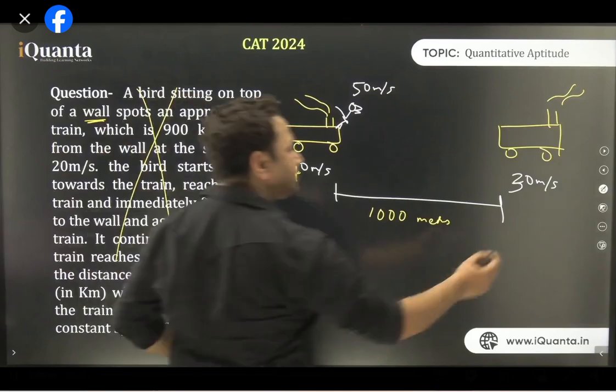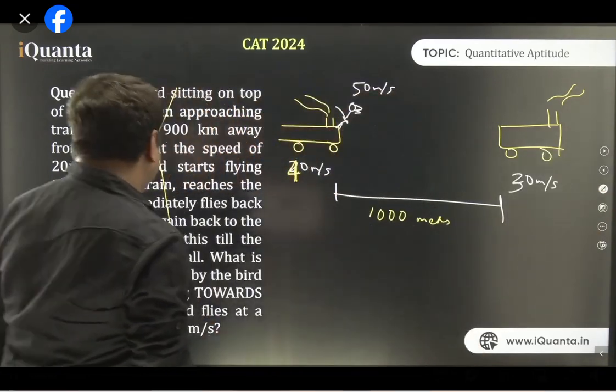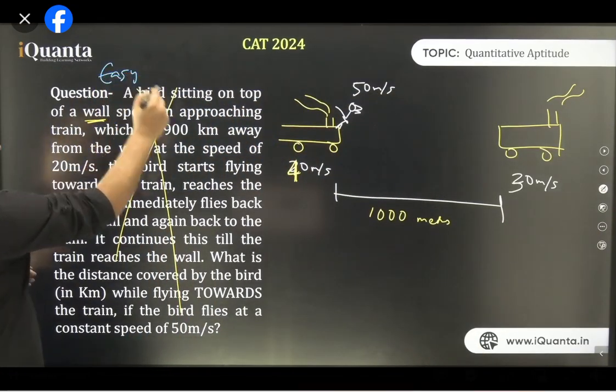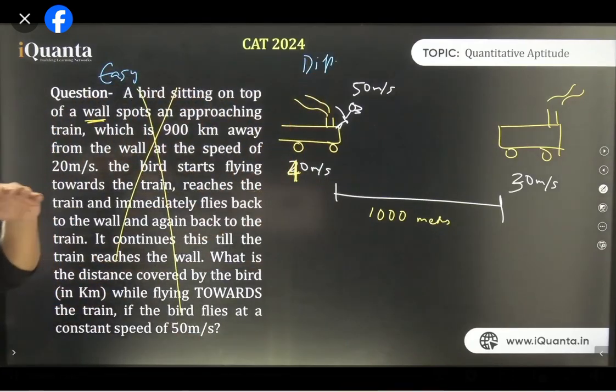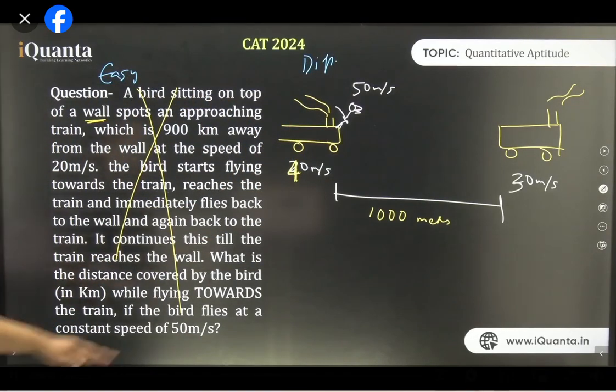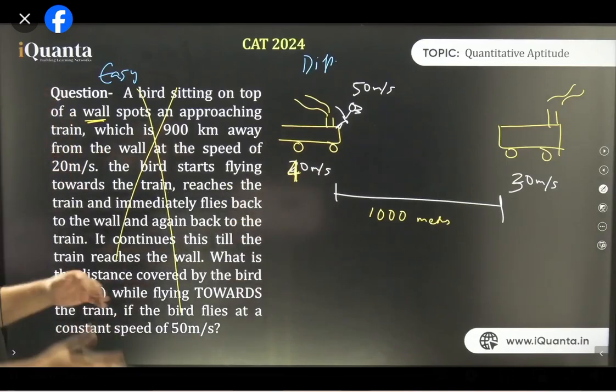Chalo. So let's solve this question again. Now, actually this question was easy. This one that I have made is actually difficult. पहला वाला easy था क्योंकि wall तो stationary थी. वहाँ मजा नहीं है. Y minus B was 0. But this will be difficult. This is a real CAT level question in which both things are moving.